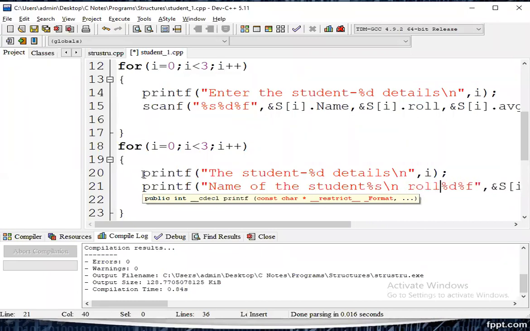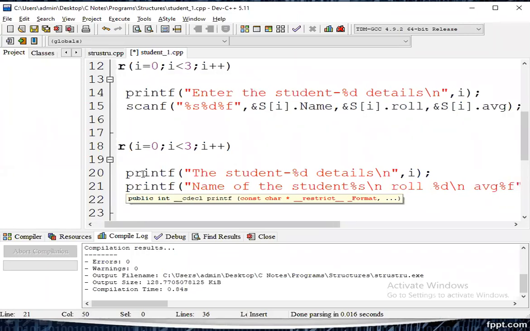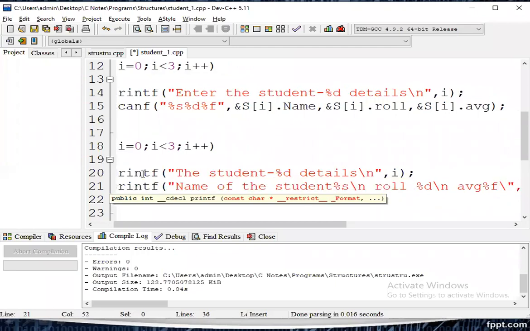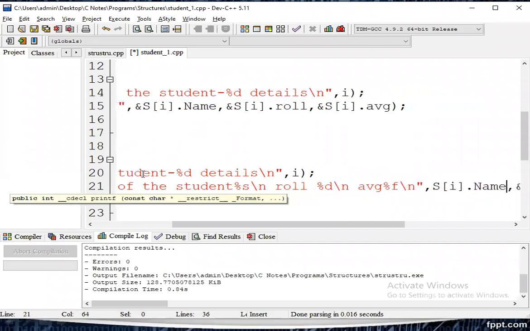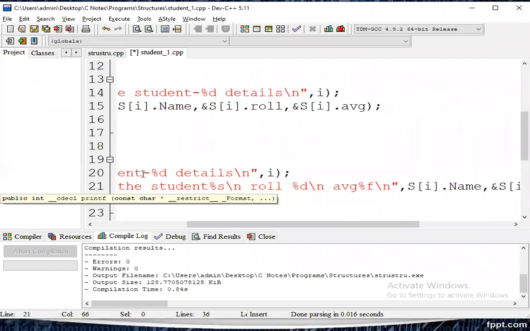Without the ampersand we can use the same thing, no difference.